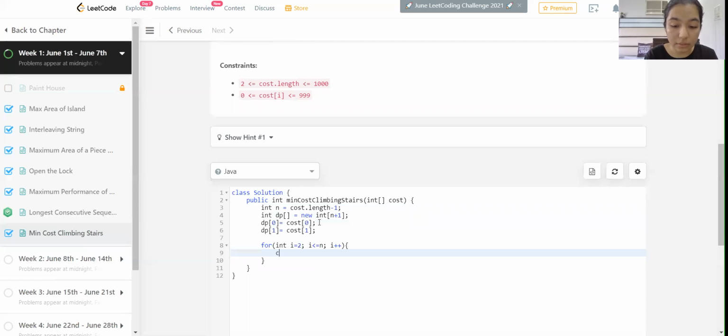Now dp of ith location equals cost of i plus Math.min of the previous two locations present in dp, dp of i minus 1 and dp of i minus 2.